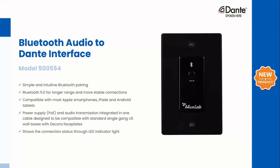Next, we have a Bluetooth audio device, a Bluetooth audio to Dante interface. This device supports Bluetooth 5.0 for longer range and more stable communications via Bluetooth. It's a standard Decora wall plate, so it just takes up one gang on a wall plate platform. It supports PoE, so you draw power from the Ethernet switch,